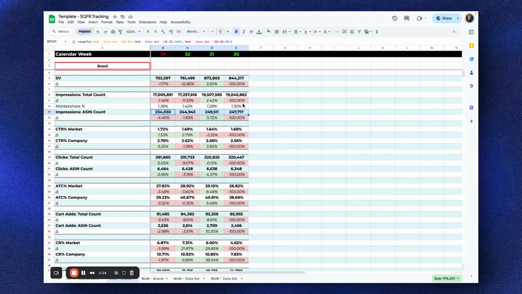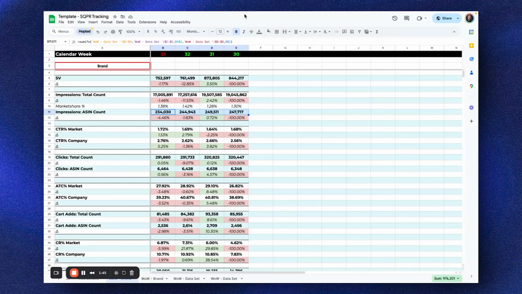But what I did not like about this sheet is that it only shows the search query performance data. So this is data from Amazon, so that is the most credible data source that we have. Either we're consistent, for example, if you trust the business reports but then don't trust the brand analytics data, that would be inconsistent. But in general, data consistency and integrity on Amazon is something that needs to improve.